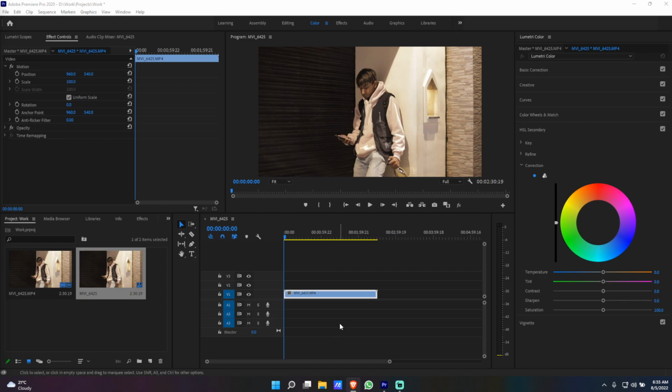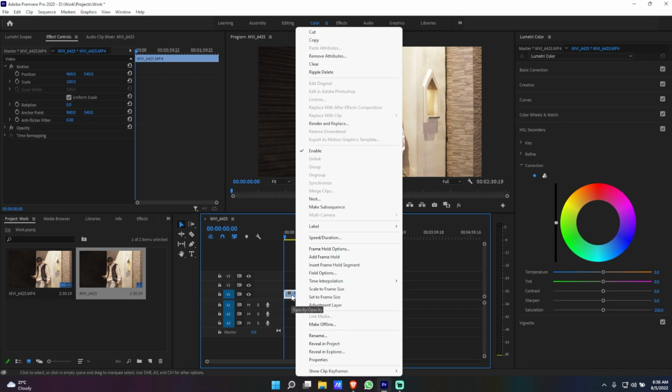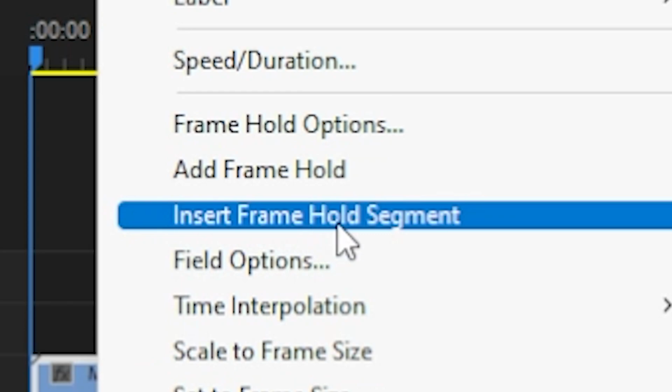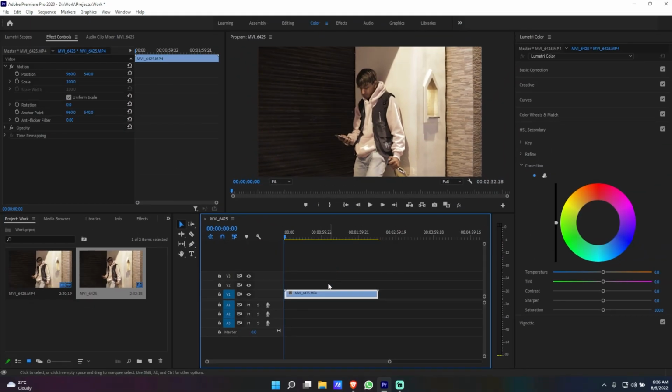So I'm going to be showing you two ways that you can simply have a freeze frame on your video. So the first way is by simply right-clicking on the clip on the timeline that you want a freeze frame. So all you're going to do is select this insert frame hold segment right over here, and you're going to click on that. And finally, once you click on that, it's going to create a 2-second frame hold, as you